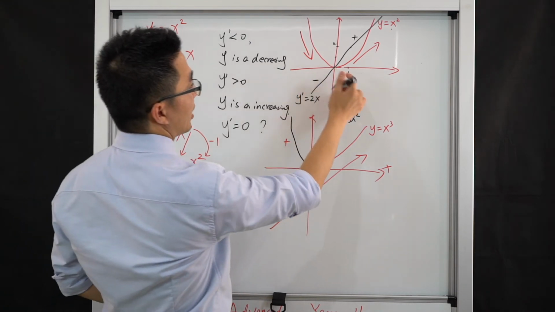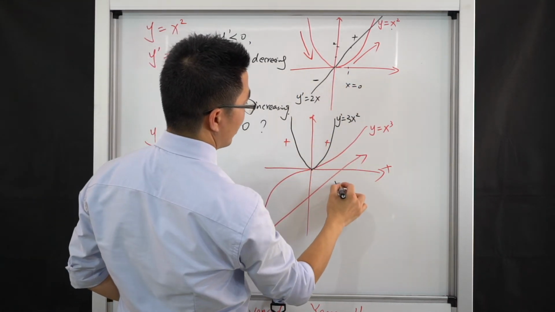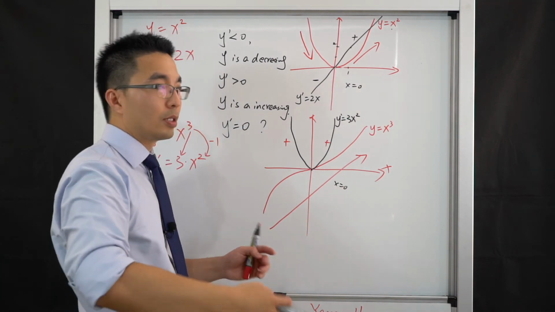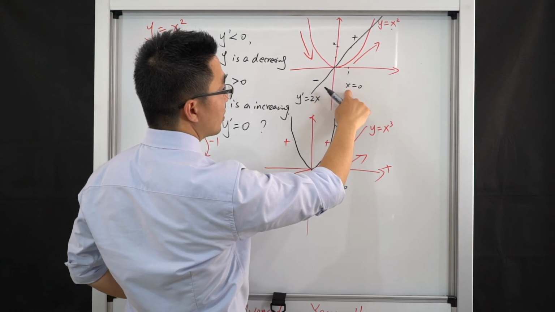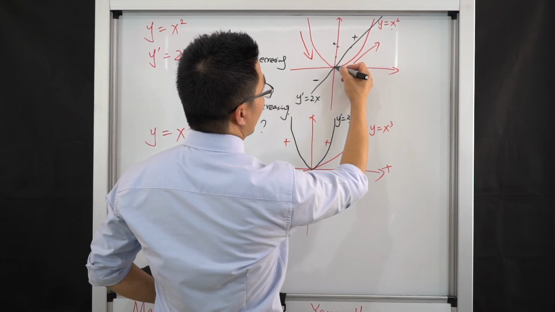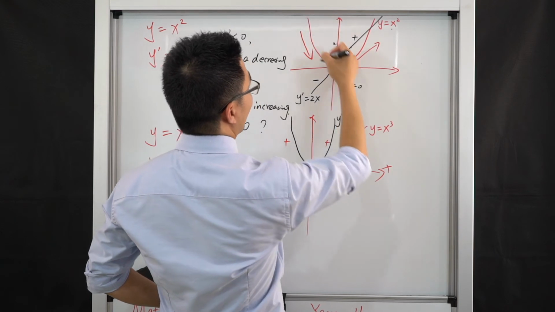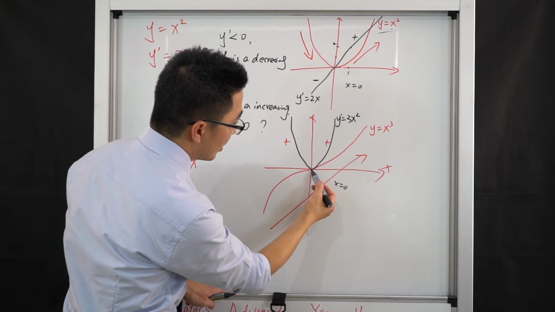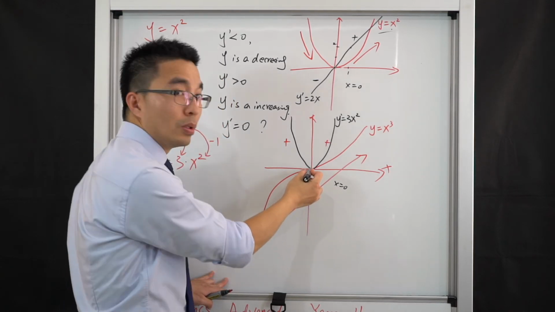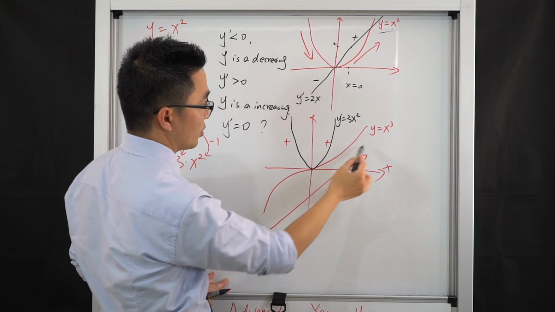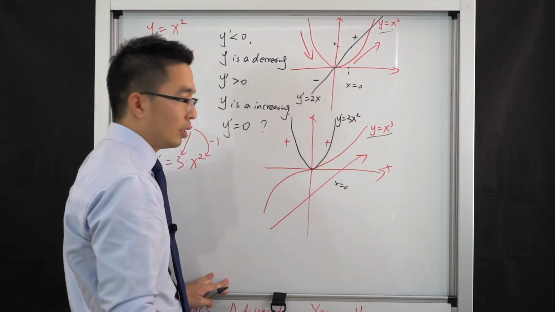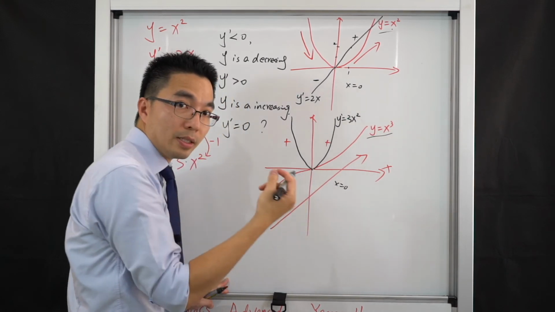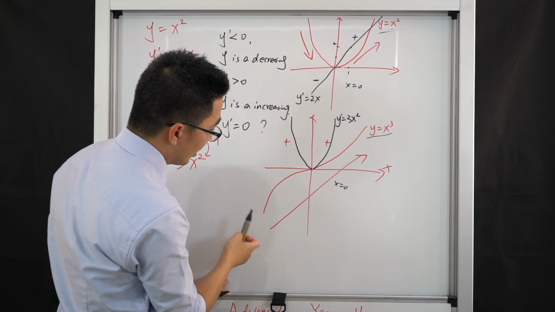So here it will be at x equal to 0. It doesn't have to be x equal to 0, it depends on the question. Okay? So here, when x equal to 0, we can have a minimum point of the original function y equal to x squared. Right? But here, this point is not a minimum nor a maximum of the original function y equal to x cubed. But the gradient of the function at this point is 0, which means